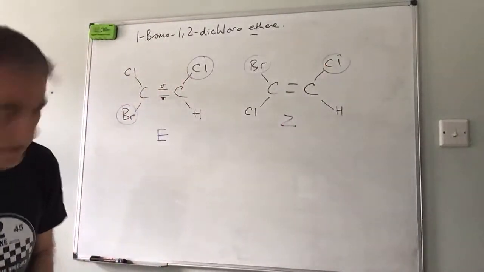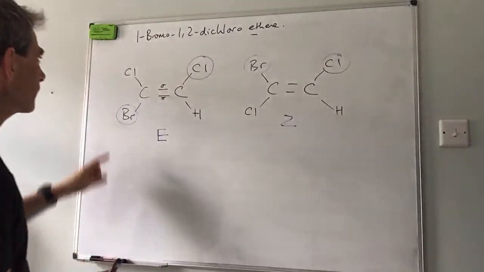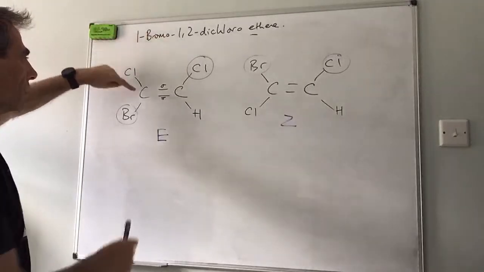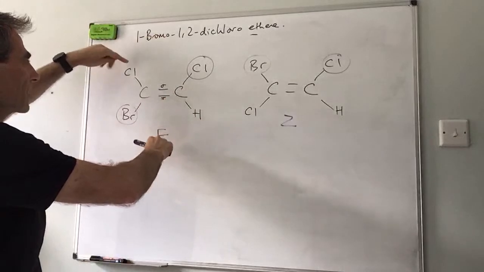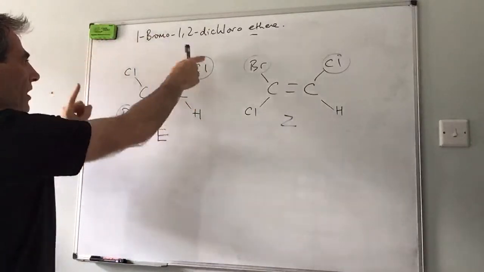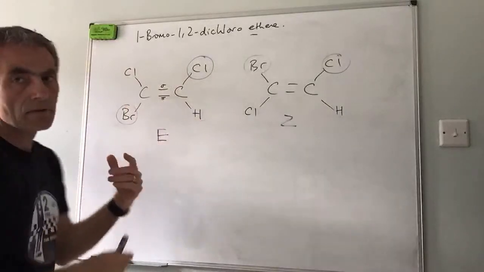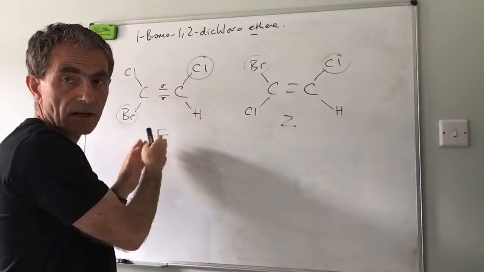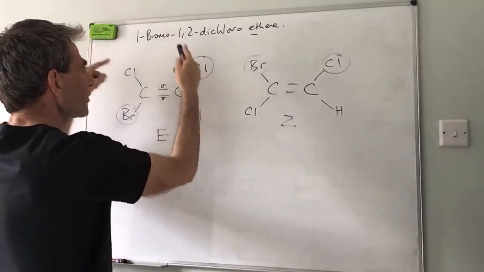Right. This can also show cis-trans because you've got two atoms that are the same on each of the carbons of the double bond. So basically we've got a chlorine and a chlorine. Notice there's only one hydrogen in this, so the textbook that I use would say that can't show cis-trans, but unfortunately that's wrong. It's all to do with the fact that they're both the same.